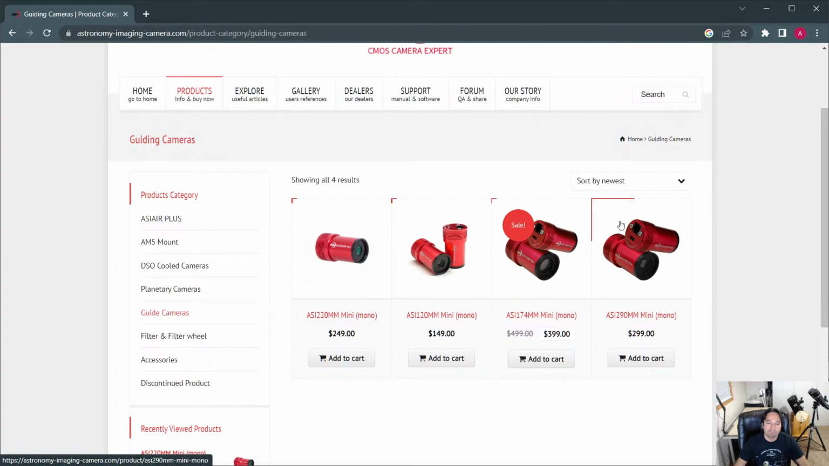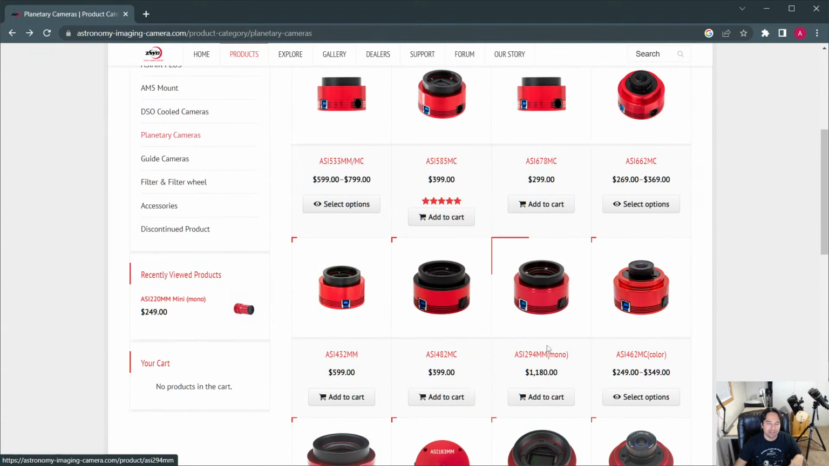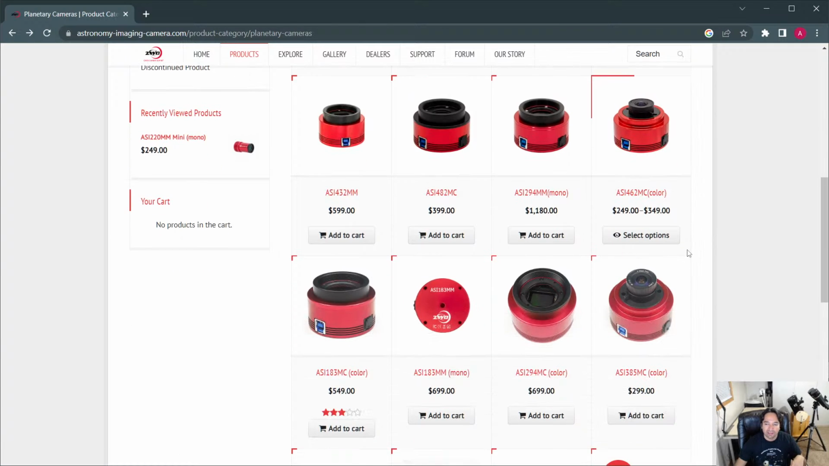And the reason I like these 1.25-inch ones is that it's much easier to find focus if you have one of those older guide scopes that doesn't have a focuser built in, like a helical focuser. But if your guide scope has that, then it's fine. You can just get any of these cameras, and pretty much any of them will do a good job. I just use a QHY camera, the 462, and